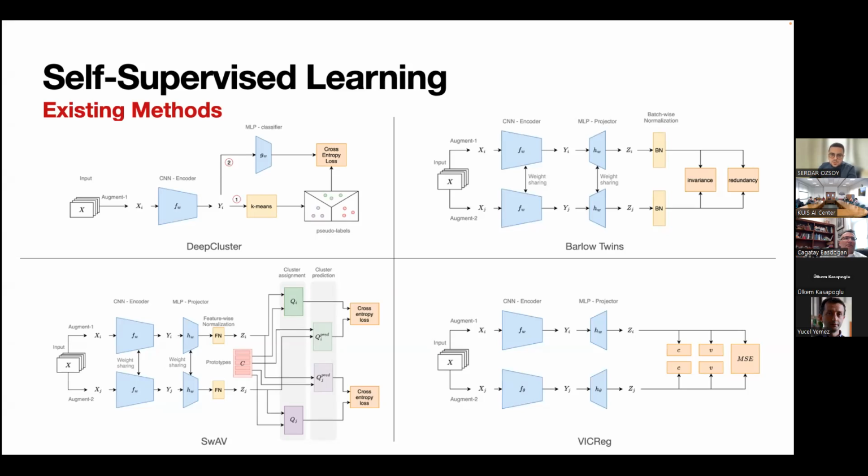In VICReg, the standard deviations along the batch dimension of the representations are pushed to be equal to 1, and the off-diagonal entries of the covariance matrix of the representations are pushed toward 0. And the MSE term also makes positive pairs close to each other.